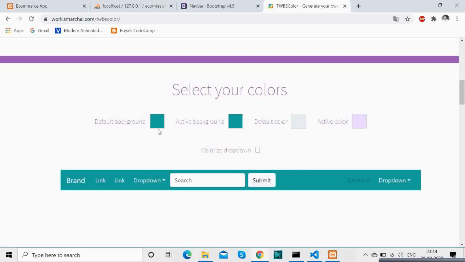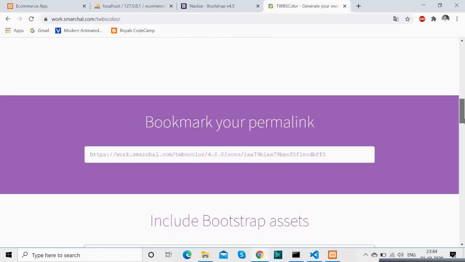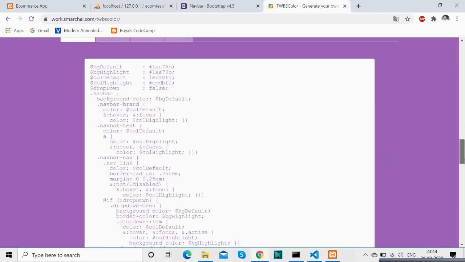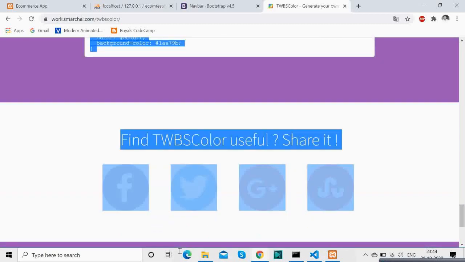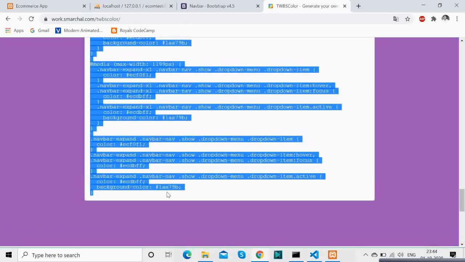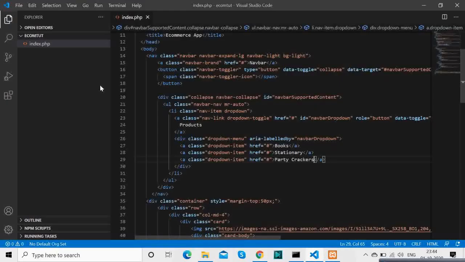Now we will go down and grab the CSS code. Just copy it and paste it in a navbar.css file. You can name this anything, but it should be there.